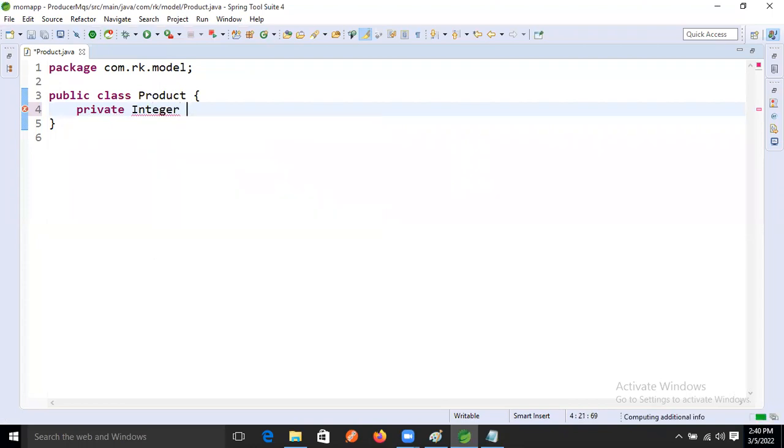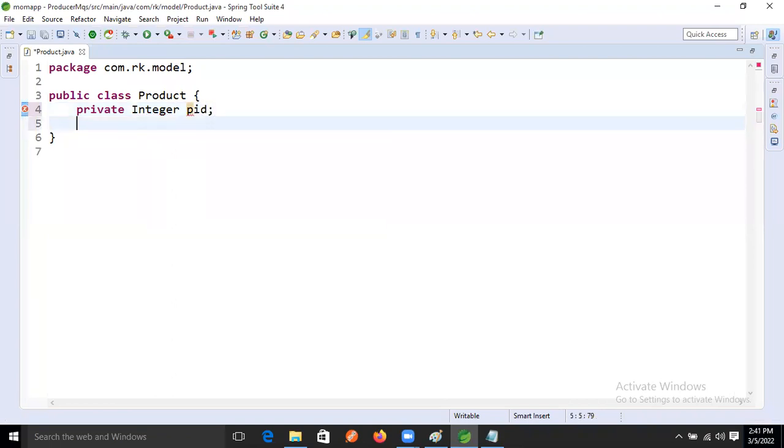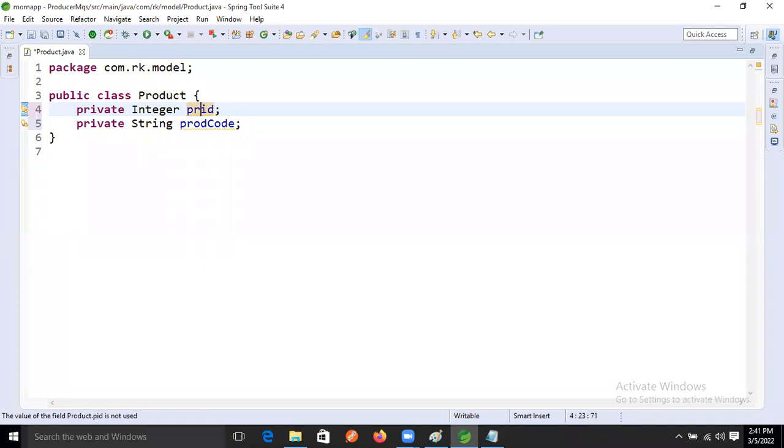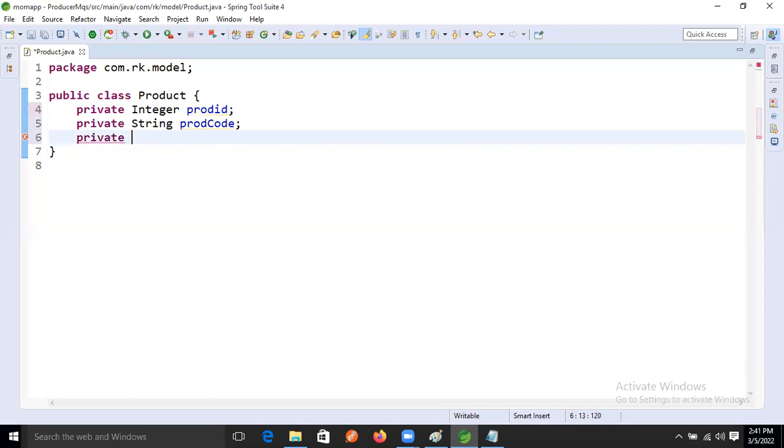Another one, private String prod name, prod code. And this one also, private Double cost. Okay, good.